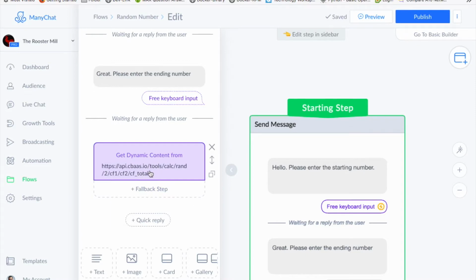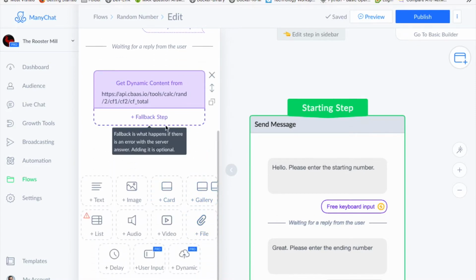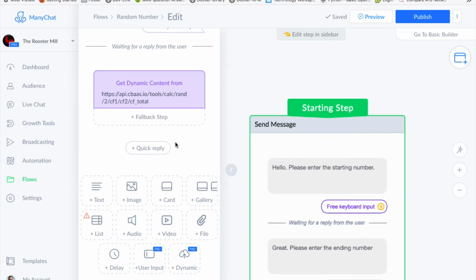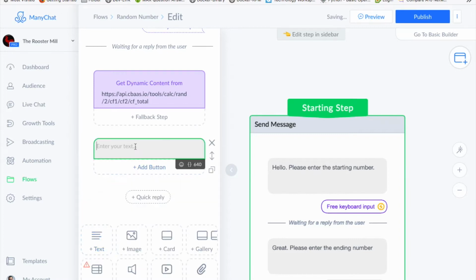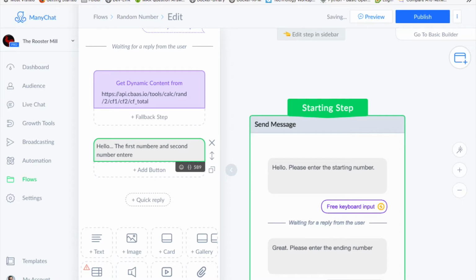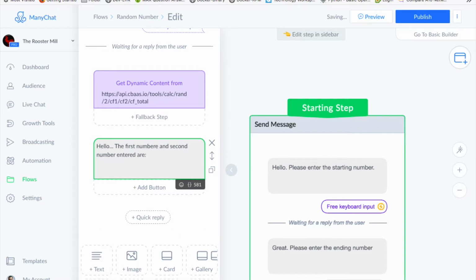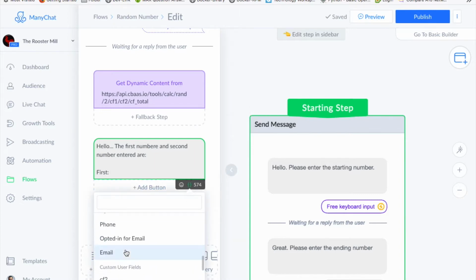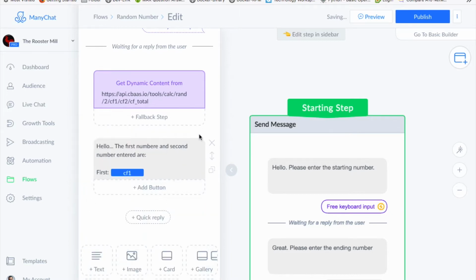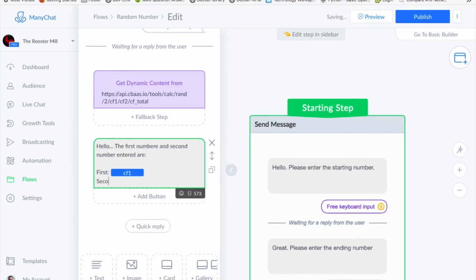All right, so now we have our dynamic content created. Now what we need to do is come back here and say, all right, you got the number, now I want to display it. So we will say, hello, the first number and second number entered are, and then we're going to go ahead and put in the first custom field, that was the first number. And then the second number,